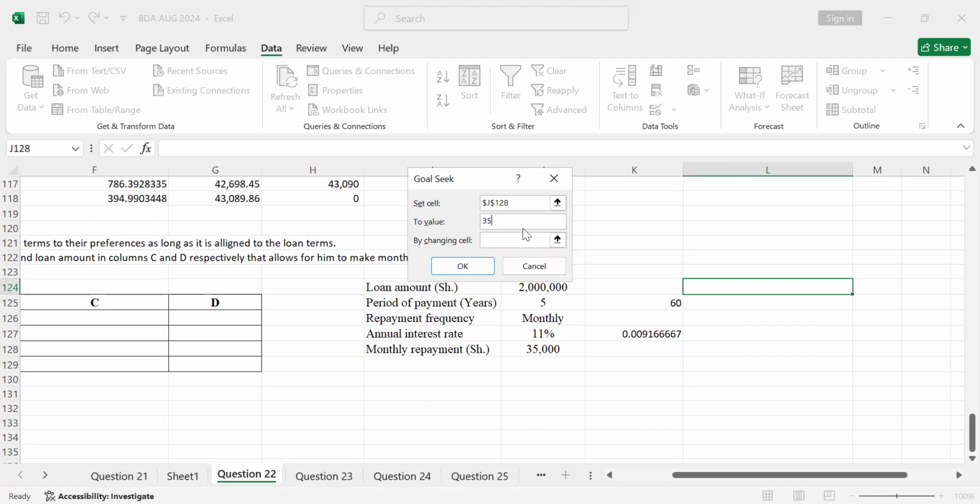So the value here, I can type the 35,000. Then you have the changing cell. What will be changing is our what? The month, the period, which in this case, I can have the period, then you say,